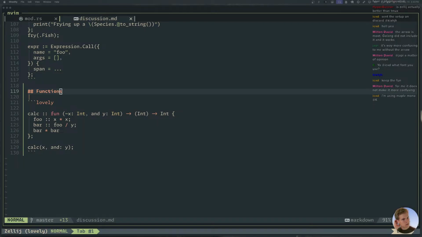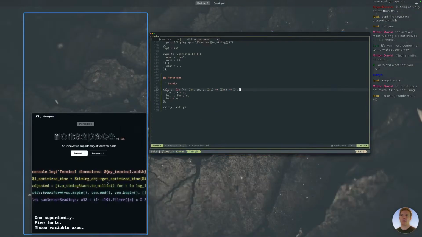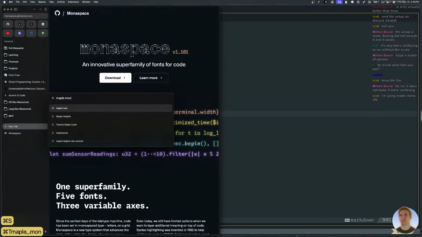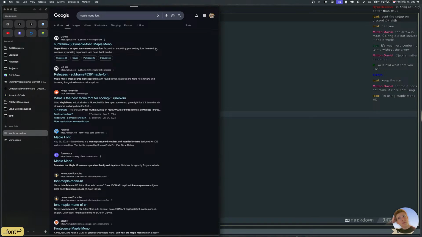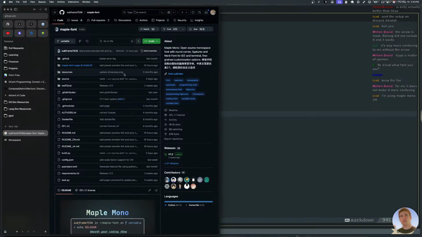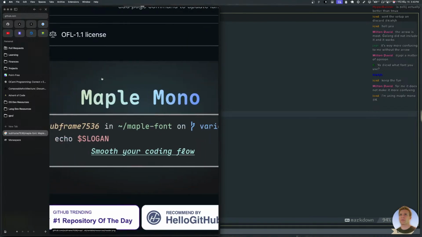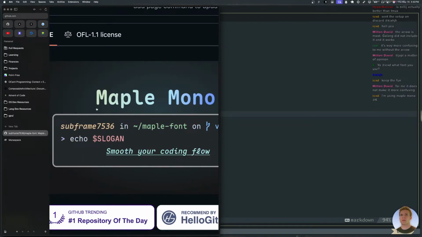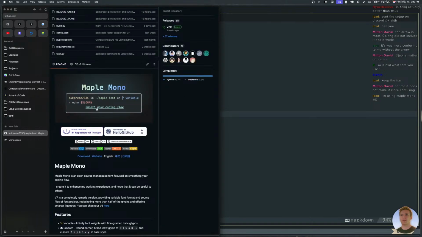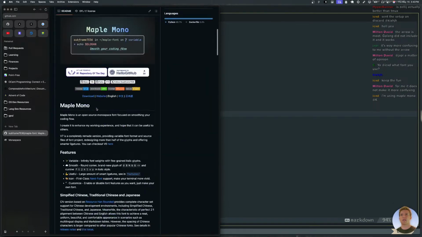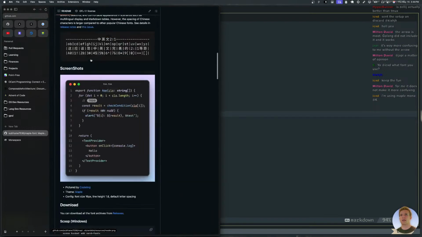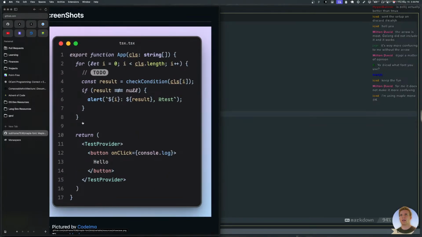Maple Mono. What is Maple Mono? Is it good? Whoa, it's very smooth. 16,000 stars. Whoa. That looks amazing.